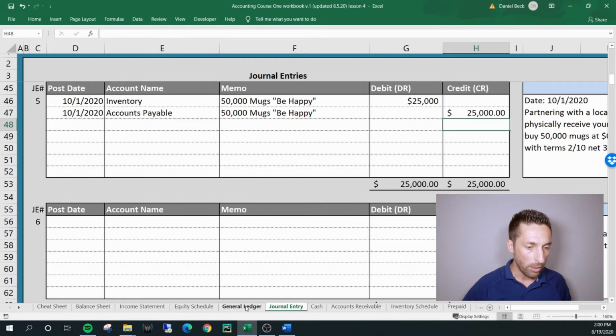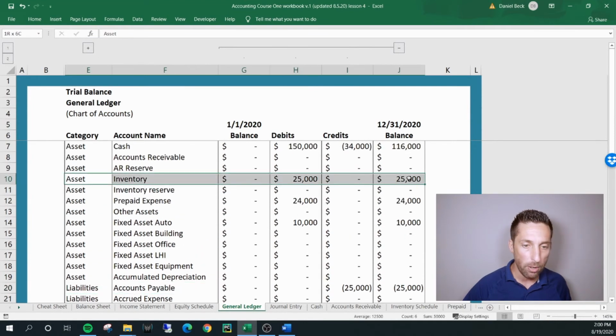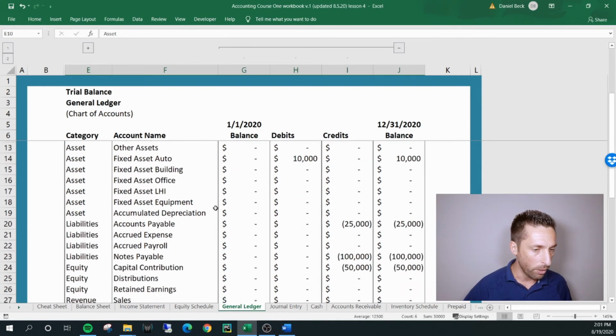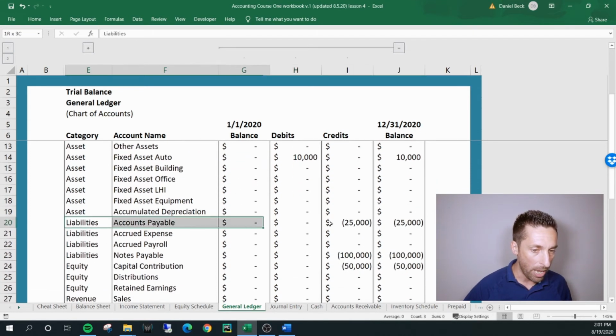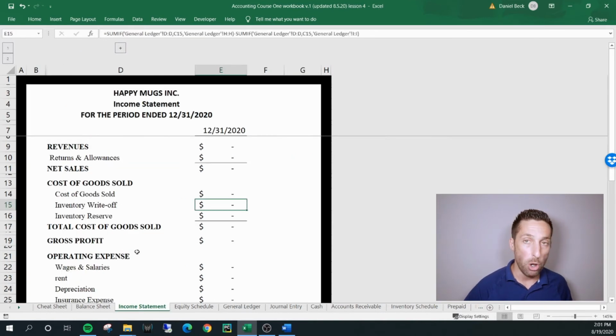All right, so now let's follow that through the general ledger. So here we go. If we look at our inventory account, we now have a debit balance of $25,000. If we go down to our accounts payable account, we now have a credit of $25,000. Follow it to the income statement. No activity yet,